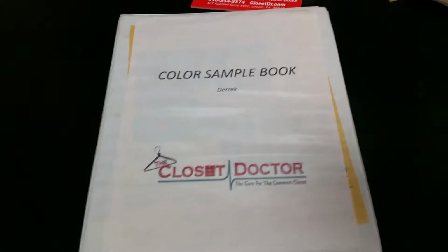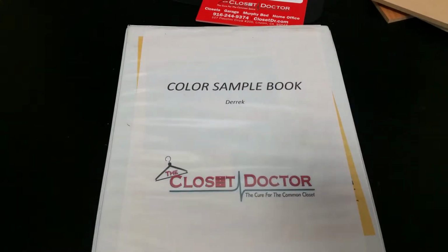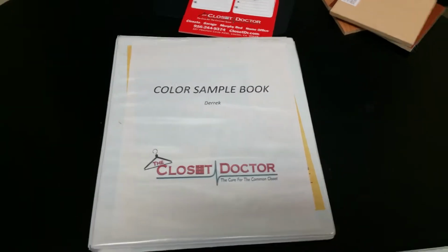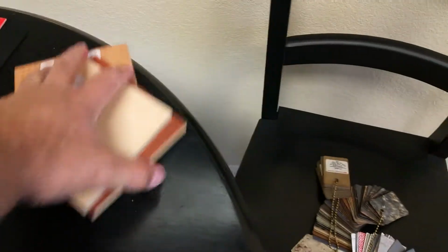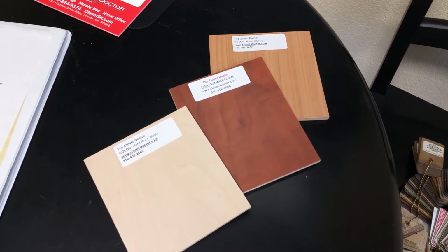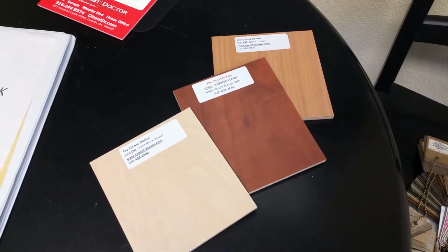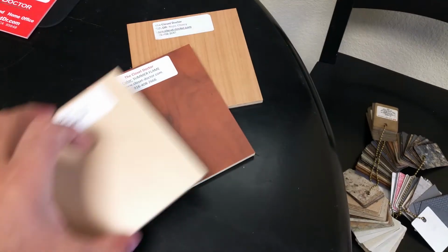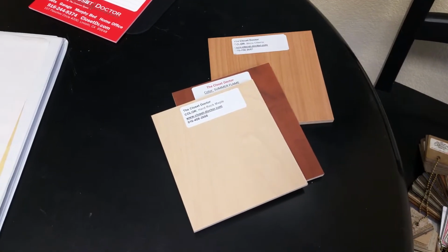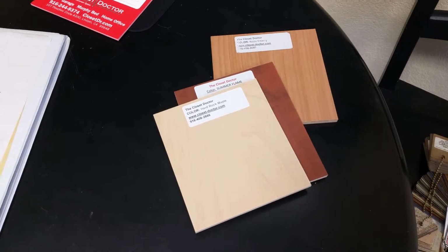This is a lean improvement for the sales process. Early on in my sales career, I carried around all kinds of samples. I had these in the back, in my car, with matching drawer fronts and things like that. I carried all those things around. They'd bounce around in the car and your briefcase and get all damaged and look not